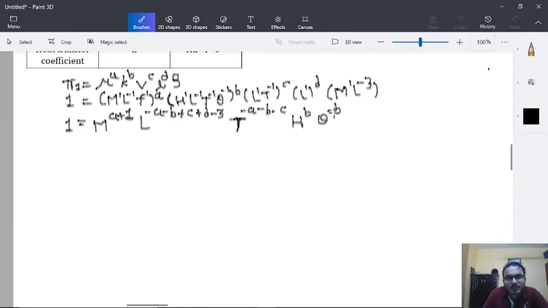I have done nothing but combining the powers of M, L, T, H and theta. So here, based on this comparison on both sides, we will be getting b equal to 0,